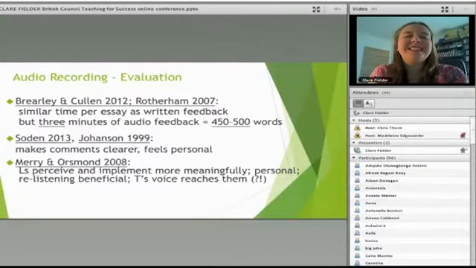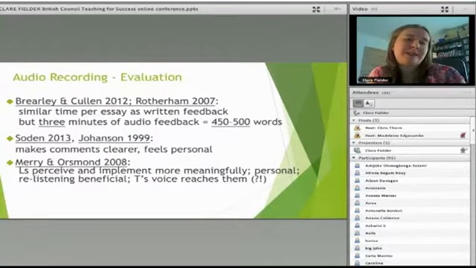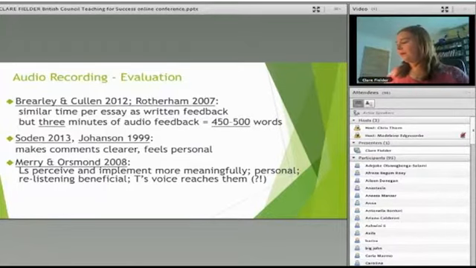And one comment I find quite amusing really is that some students said that the teacher's voice really reaches them, sticks in mind, and they can hear the teacher's comments in their voice, in their heads, when they're going about their everyday activities, which might sound a little bit strange, but I think it means that the students have time then to digest the feedback, and then next time they're working on their essay, maybe they're ready to take it on board perhaps more.